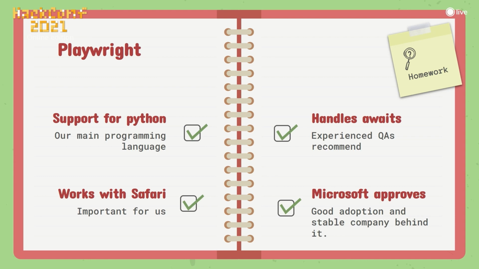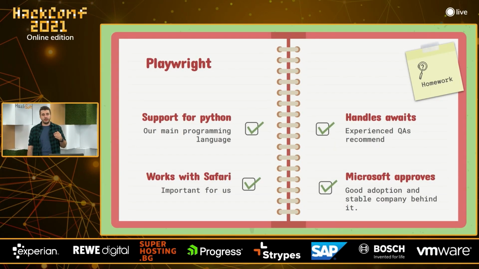Another of the requirements was for the framework to work on Safari, because as developers we are not using Macs, and we don't really test the software on Safari. And the only way to test the software on Safari is to have a Mac. So we needed a framework that supports automation tests on some kind of macOS platform using the real Safari, in order to be sure that the front end is behaving properly even on Safari.